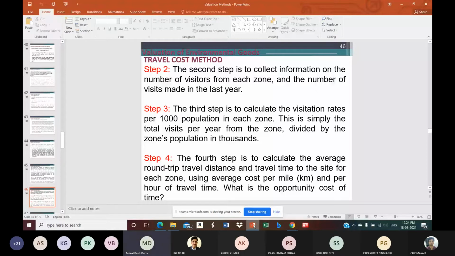So how to estimate this travel time or opportunity cost of time? That is one issue, obviously. But the fact is that if you take it into account, that gives an idea about how things are being carried out. And this is an important thing as well, because time has a lot of alternative uses. If I am using it for traveling to a particular place, probably I am losing out on using that time for other productive work.